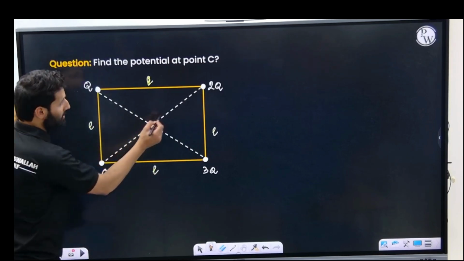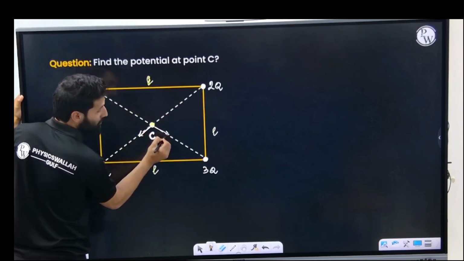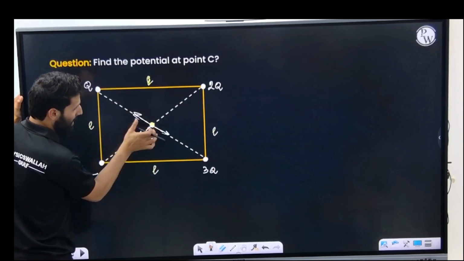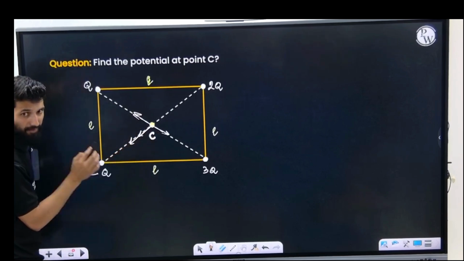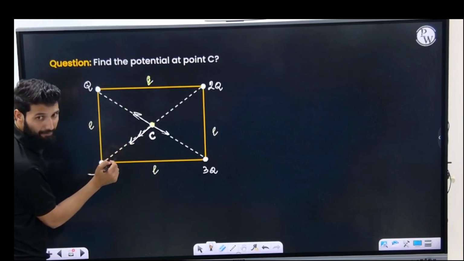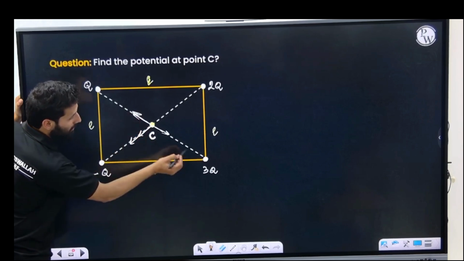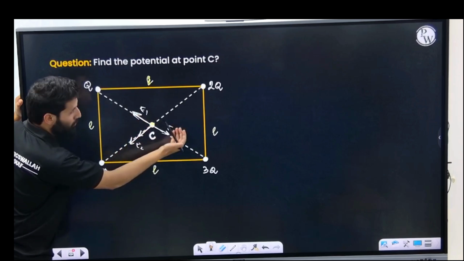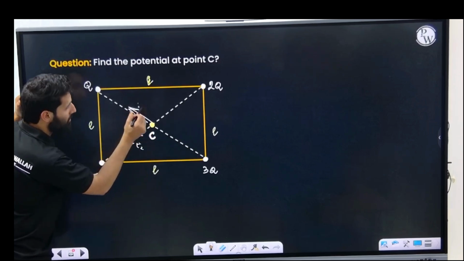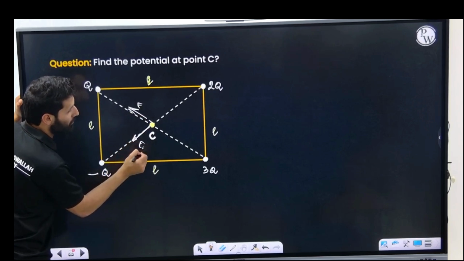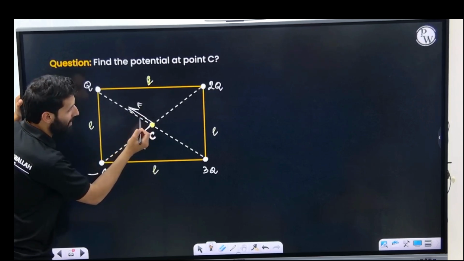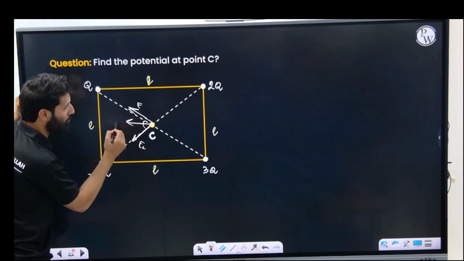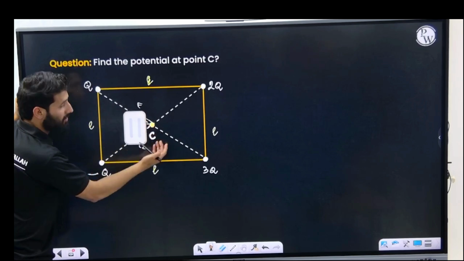Whatever electric field was there, this will be repulsive, this will also be repulsive. I'm talking about electric field. Here it will be attractive, and here it will be repulsive. Add these two vectors. Here these two will directly add, and we get some answer. Some electric field will be E1, and you get some E2, E3. Just subtract these two and you will get one thing. For example, this is E, then you got some answer here E2. Very easy. Then find the angle between them and find the resultant. The resultant will be somewhere here, depending on what angle it is. If it's 90 degrees, then simply root 2 E. That is a different way.